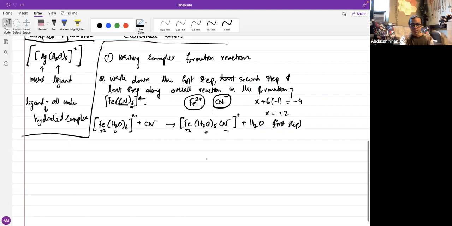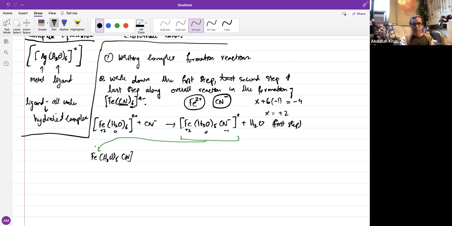The second step is to take what is formed in the first step and replace another water molecule with a ligand. So we've got FeH2O 5CN plus